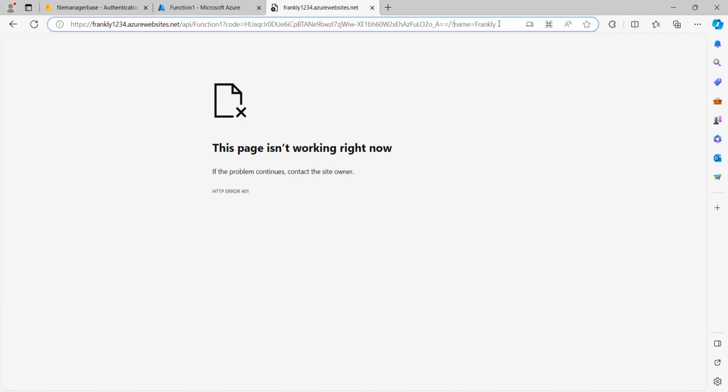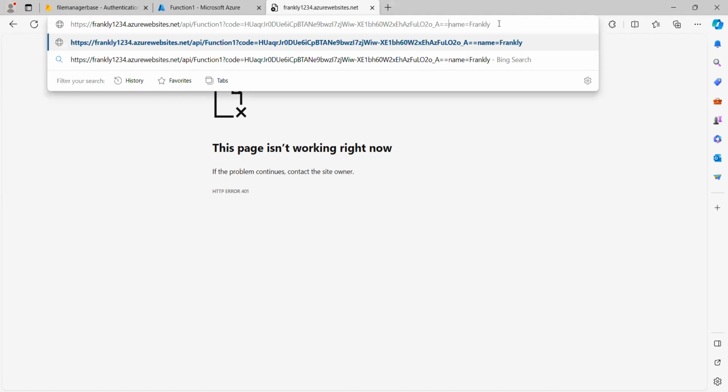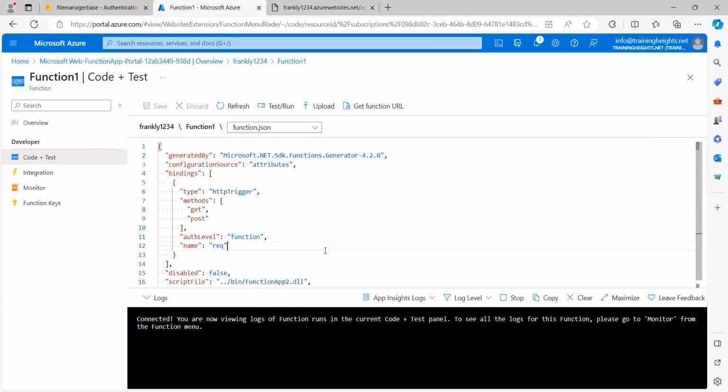So I was meant to append this parameter because code is already a parameter. So I'll use ampersand and name is equal to frankly. It should work now, hopefully. Yeah. So you can see hello frankly. So you can see it works well, even via the internet. Yeah, so that's just what we plan to do for this video. So let me stop sharing. If you also test it for post requests, it will also